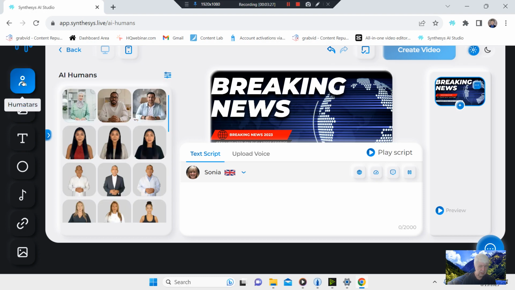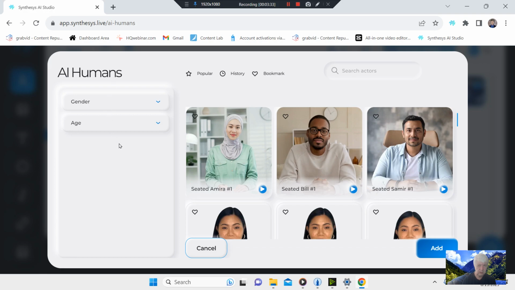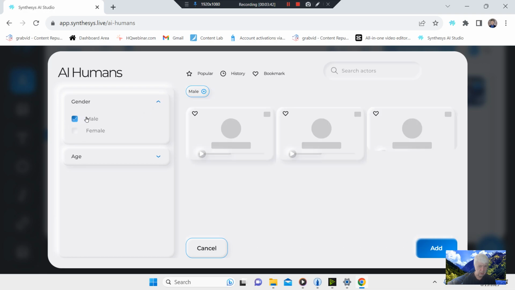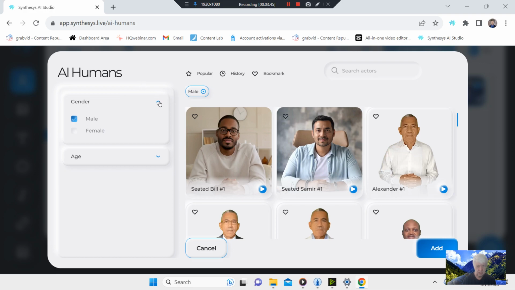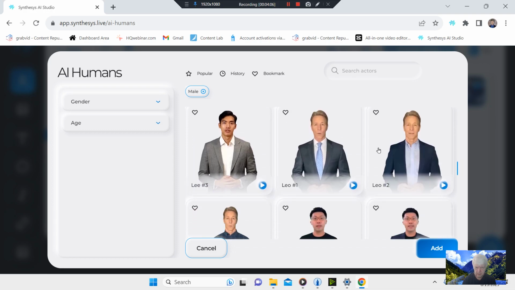So all we have to do now is pick a character, and we'll simply hit this right here, and we've got a selection here. And you really just need to define whether you want a male or female. We're going to go with a male here, and that kind of cuts your selection down, makes it easier. And I'm just going to grab this and slide down to the one I kind of want to use right here. It's a little hard to get this slider to work sometimes. It's so thin here. There we go. This is the guy I want to pick up right here. We'll just click on him and add that.